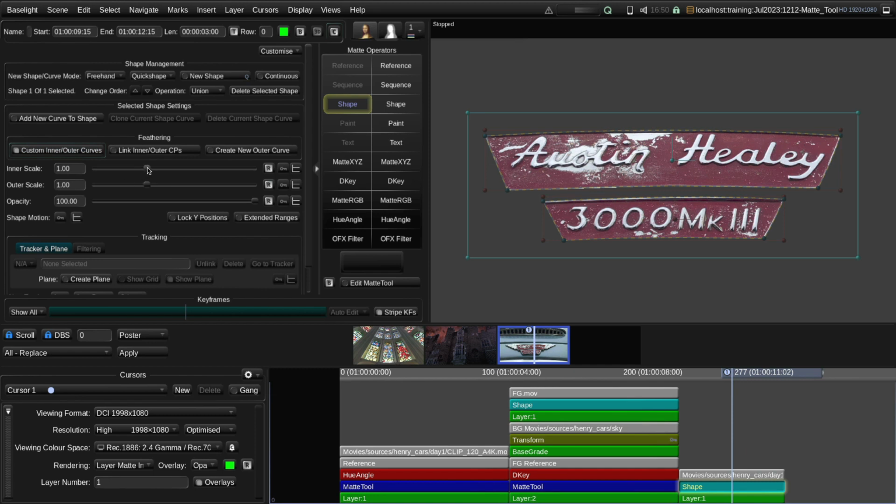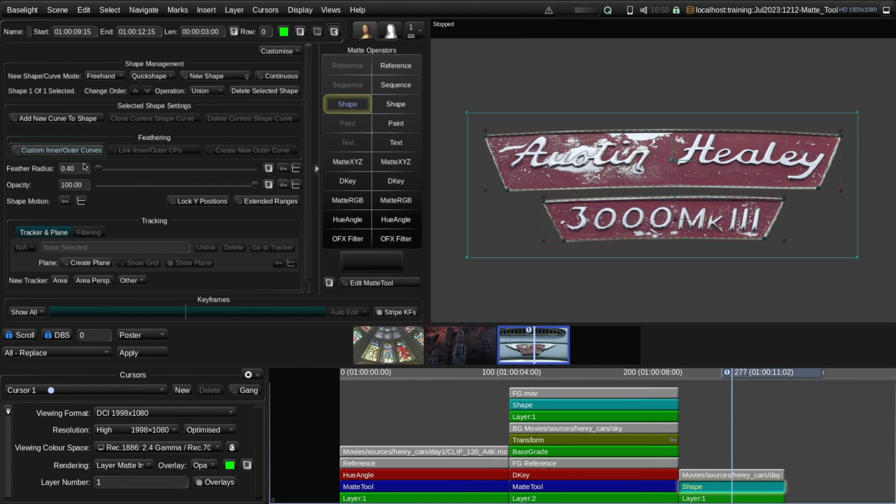In this case we could try reducing the inner feathering, but because it's just scaling the inside, obviously it's coming in more at the sides than the top because it's a long thin shape. So again, that's not really going to get us the results that we want. So rather than do that, I'm not going to try feathering the shape at all, but I'm going to apply the matte tool. Again, with the shape selected this time, I can enable the matte tool,